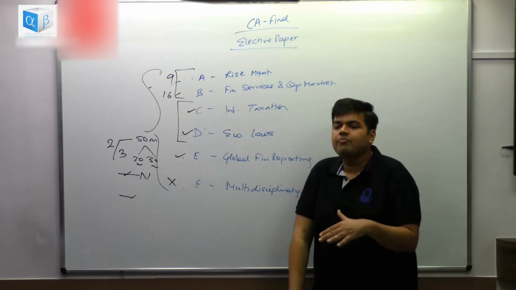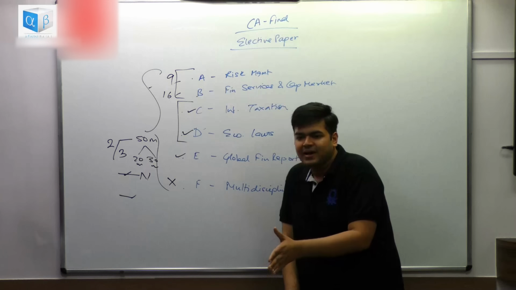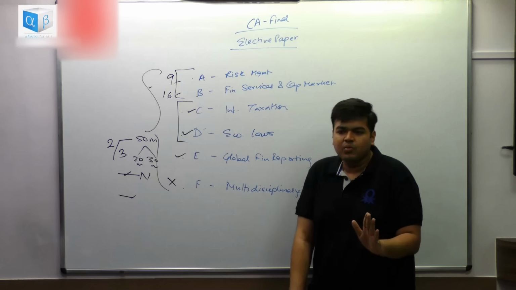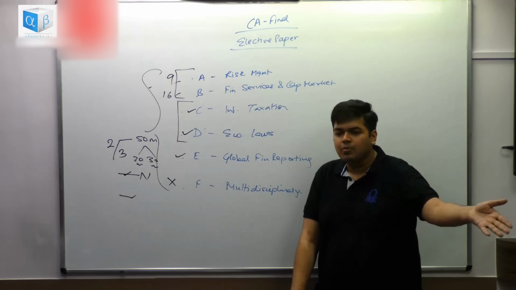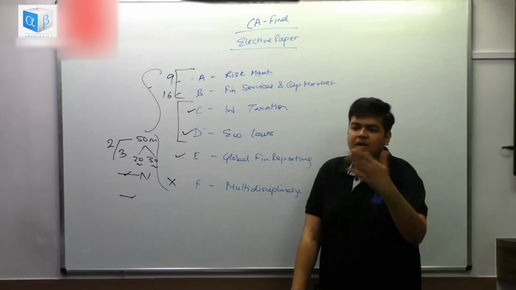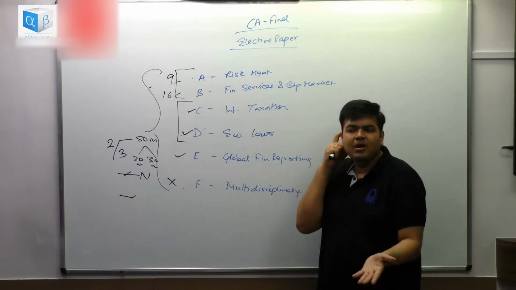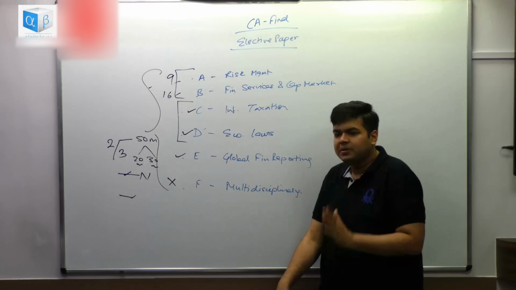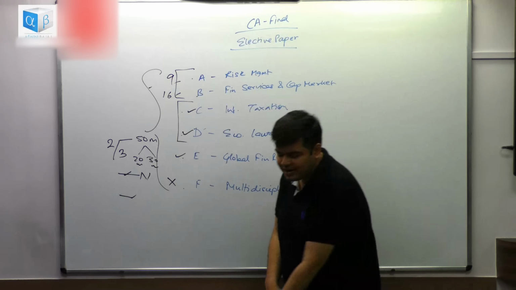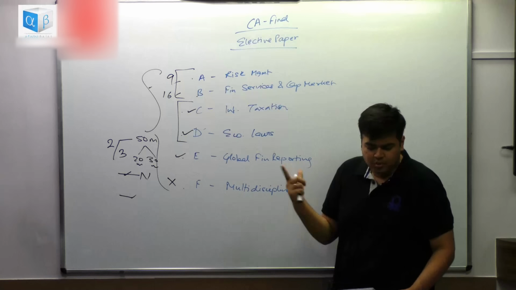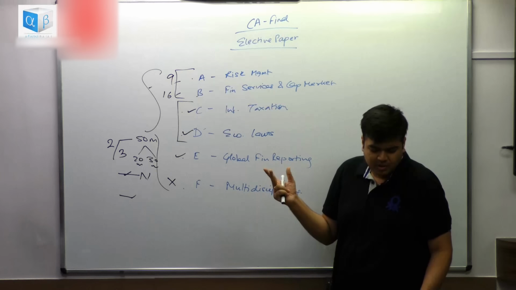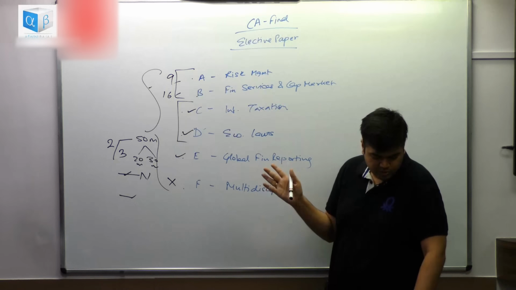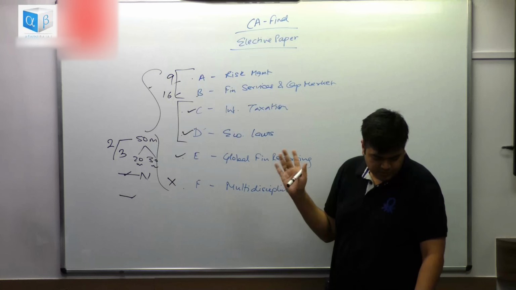Now, I don't know if more people will take it, and therefore your passing rate is higher or lower. So I personally would recommend don't bother about who's taking how many papers, which paper more people are taking, where the pass rate could be higher. Ultimately, if your fundamentals and concepts are strong in a particular subject, you go for that. That should be the bottom line of taking a decision, right? So open book case study, I've told you. Analytics is going to be required. Fundamentally strong, I've told you. Don't think about the number of people, I've told you.